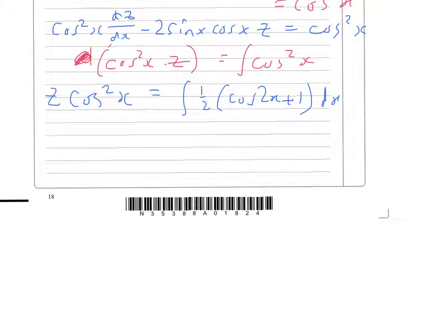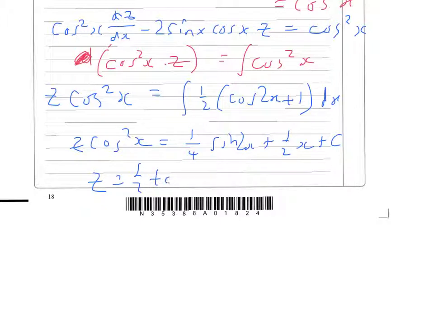And so we end up with z cosine squared x equals 1/4 sine 2x plus half x plus c,